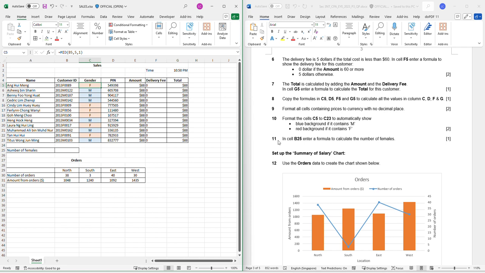Now let's look at question number 11. In cell B25, we enter a formula to calculate the number of females. So we can use the COUNTIF, because it is a condition, number of females only. So the cell ranges are here and the criteria is F, because F stands for the female gender. We select this OK